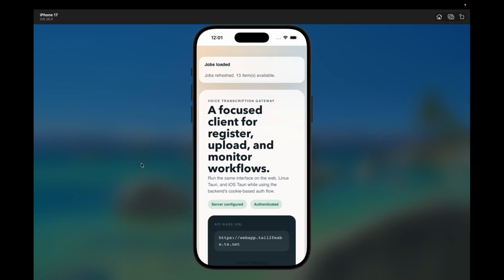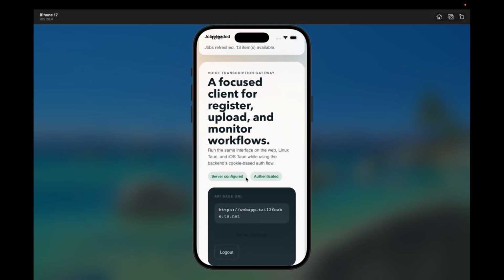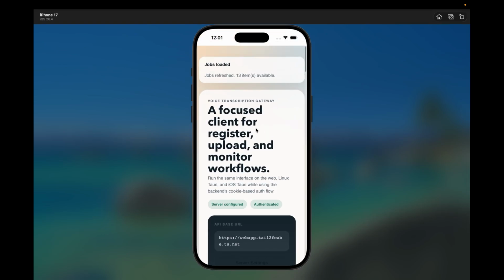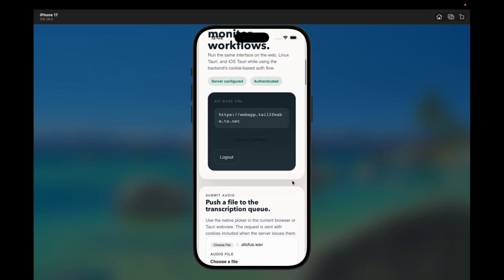Right now, the app is configured with the API base URL, and once that's set, users can sign in with their account and access the main workspace. So here you can see that the app is connected to the backend and the sign in is already done. And at the top, it shows that jobs have been loaded and gives the number of items currently available as 13. And from there, I can go to the upload section